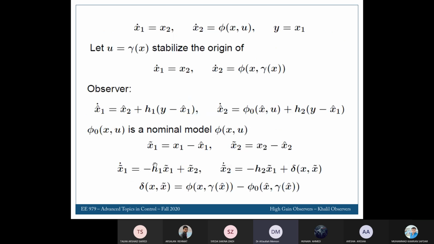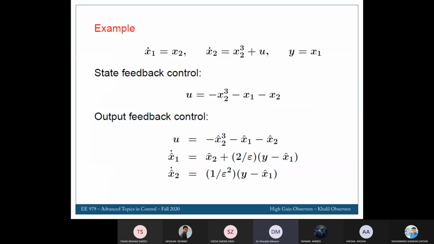So h1 in our case is alpha 1 over epsilon, which is 2 over epsilon, where alpha 1 is 2 and epsilon is the design parameter which is kept very small. I'll show you. Okay, the second equation should have used x2 cube and then plus alpha 2 over epsilon